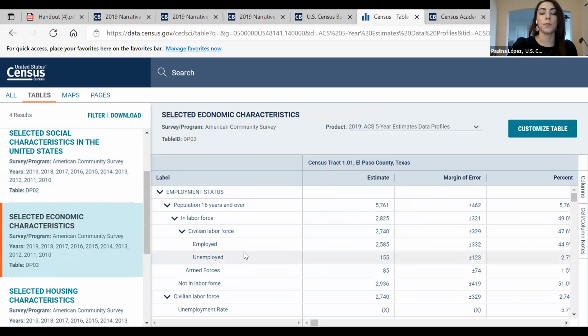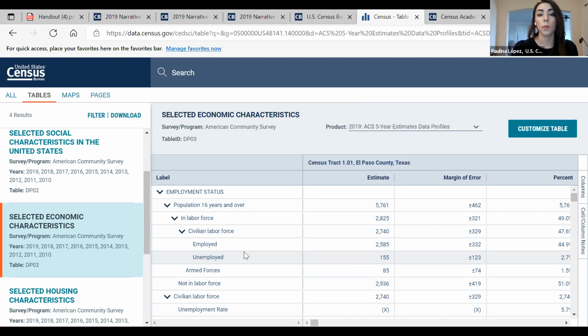Someone asked about census tracts. Census tracts are geographic areas used by demographers and at the Census Bureau. They're clusters of 4,000 to 8,000 people, like homogeneous populations in a county. In El Paso County, there are 161 census tracts. We'll see that once we move to the map.